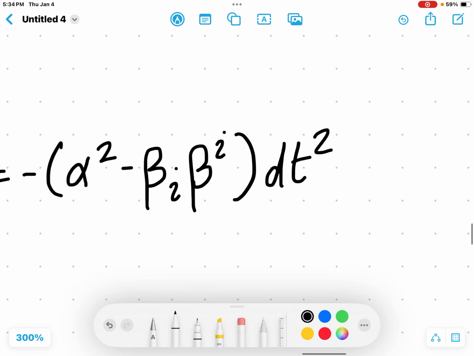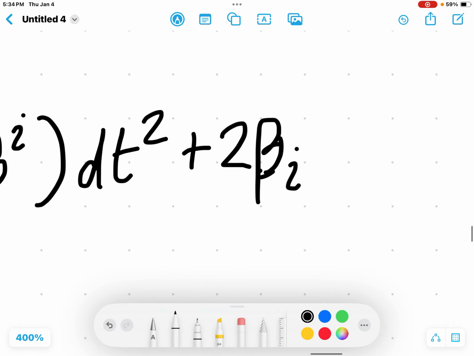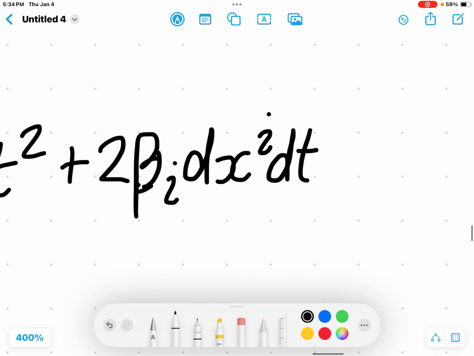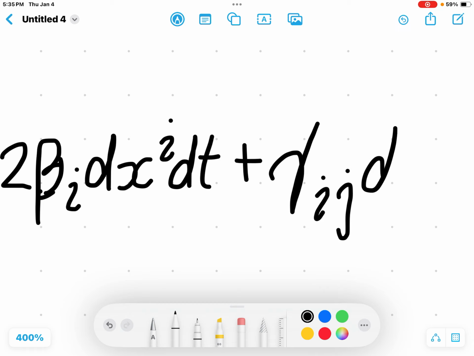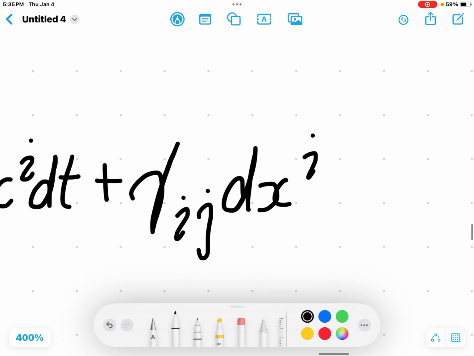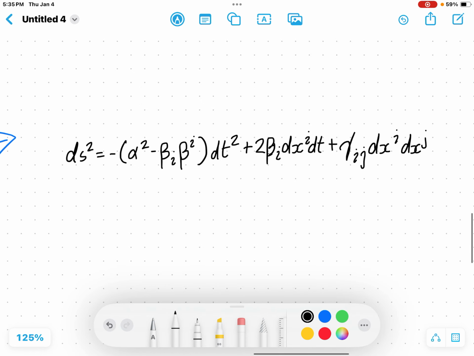And of course, we're still employing the Einstein summation convention. So plus 2 beta_i dx^i dt plus gamma_ij dx^i dx^j. So you'll notice that this general form is not like the Schwarzschild form of the metric, because this is